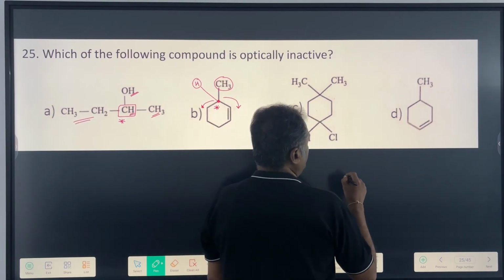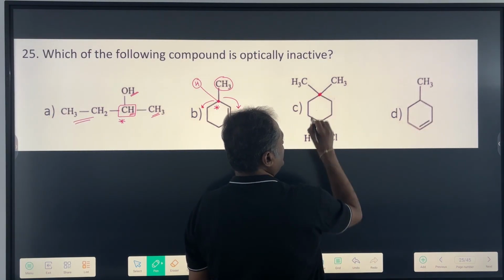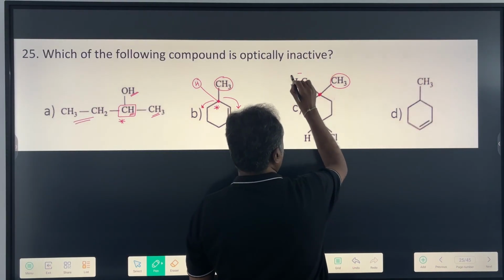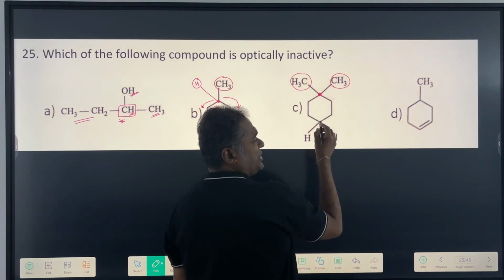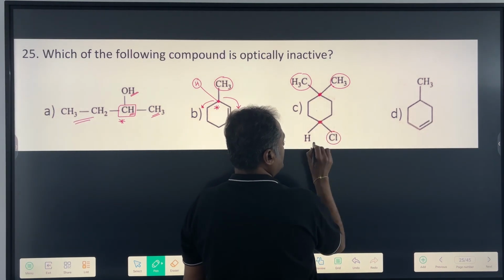Now when you come to this carbon atom, child, yes, so here you can see this does not contain a chiral center because you have got both the groups same. Yes, not only this, even you can check this also. Now this carbon atom, if you see, two Cl groups are